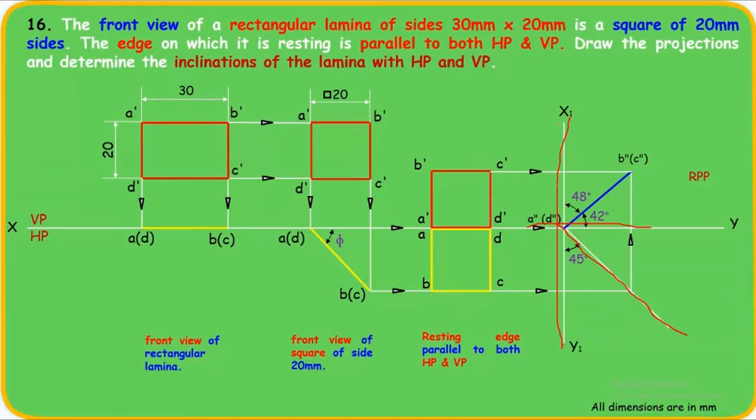wherein you have to draw a 45-degree line. So you know your front view is here, above the xy line. So below the xy line, you have to draw a line at an angle of 45 degrees. After that, you have to just draw a projection line from here and this till this 45-degree line. Then I have to again draw the vertical projection lines here like this, and from the front view here. So you have to use both this front view and top view to draw this side view.